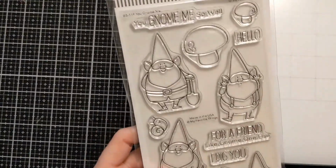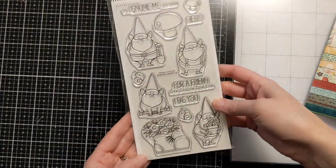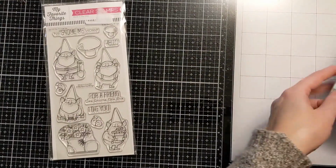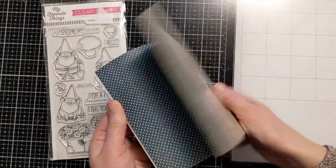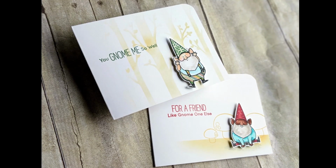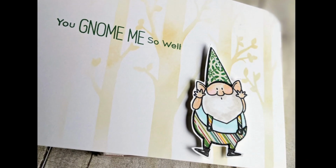Now this stamp set that I'm going to be using is called You Gnome Me. Wow, that's hard to say. Anyway, it's from My Favorite Things, and my adorable little daughter got it for me for Christmas. And I have an old paper pad here. I will link it if it's still available, but it was donated to me, so I have no idea if it's still around. And here's the cards that I'm going to make for you today with these little Copic colored